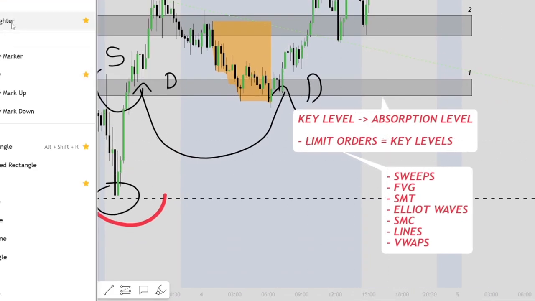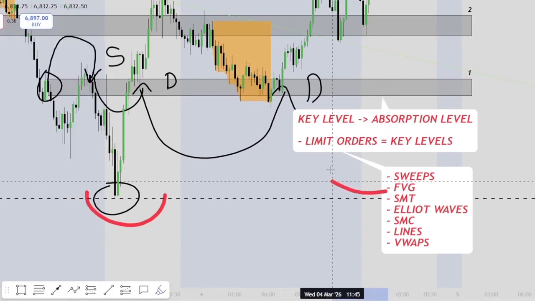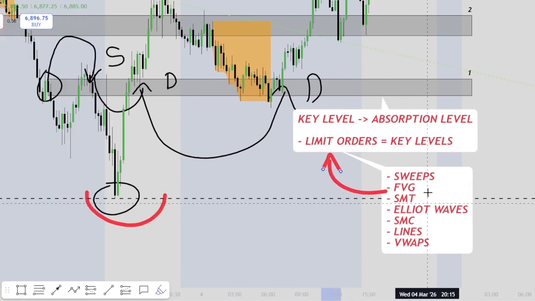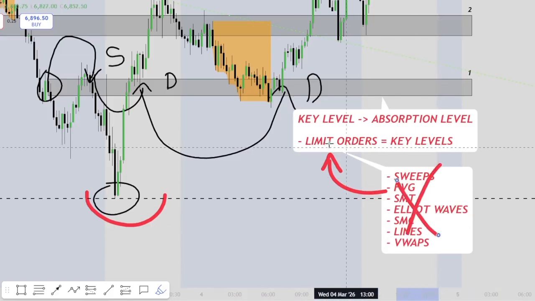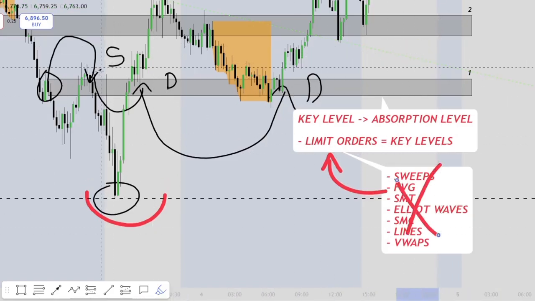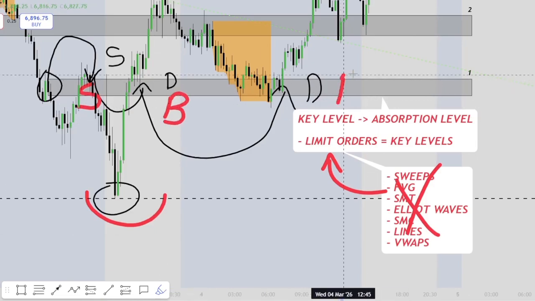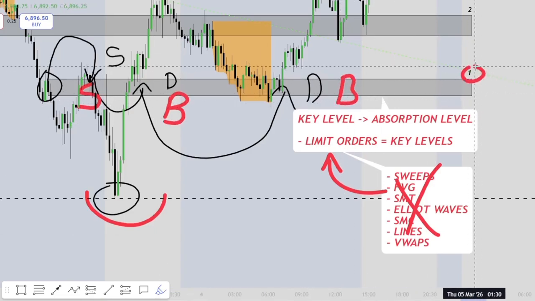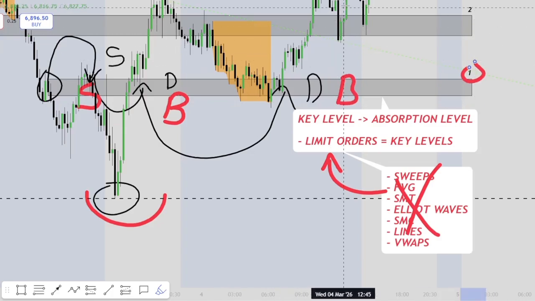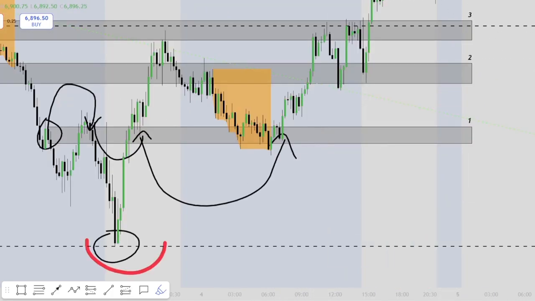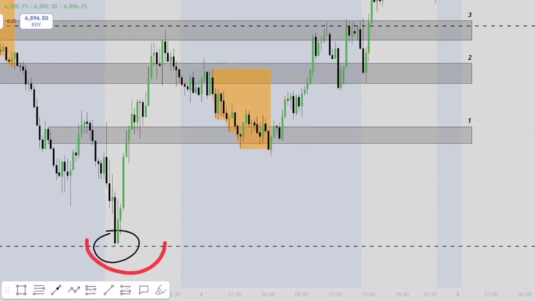You can use fair value gaps to find voids in price where the market is more likely to react. Now, just because there's a fair value gap does not mean there's a key level, right? You want to ditch all these and you want to focus on one fair value gap, and you want to see there's sell limit orders here, there are buy limit orders here, there are buy limit orders here, right? So this is key level 1 because the market has shown you that there are limit orders resting in this area. Now that same logic applies for key level 1, 2, 3, 4, and 5. So all of my levels follow the same